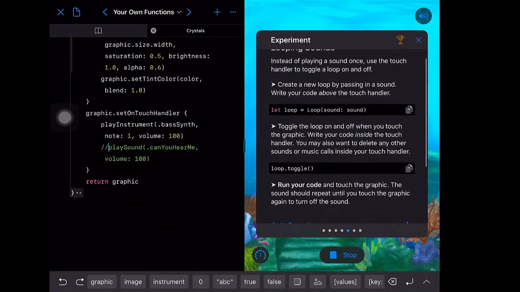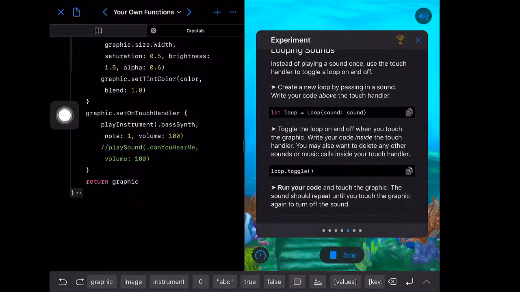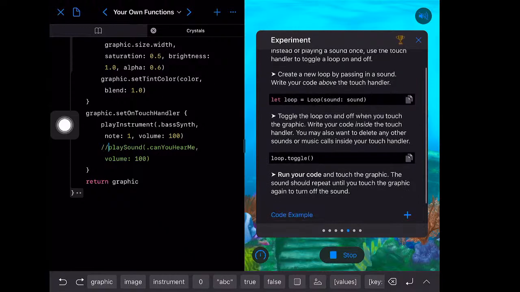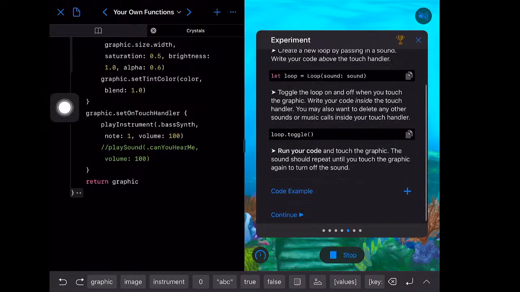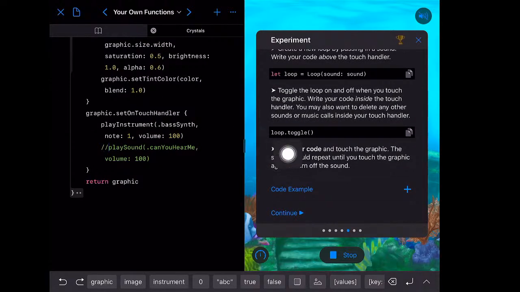So there's a little note here about looping sounds. Instead of playing a sound once, or not at all, in the case of our play instrument call, we can use the touch handler to toggle a loop on and off. We can create a new loop by passing in a sound, and it expects a sound parameter. It's a loop type that takes a sound, and we can toggle it on and off by just calling this loop.toggle function. So there's a code example here,